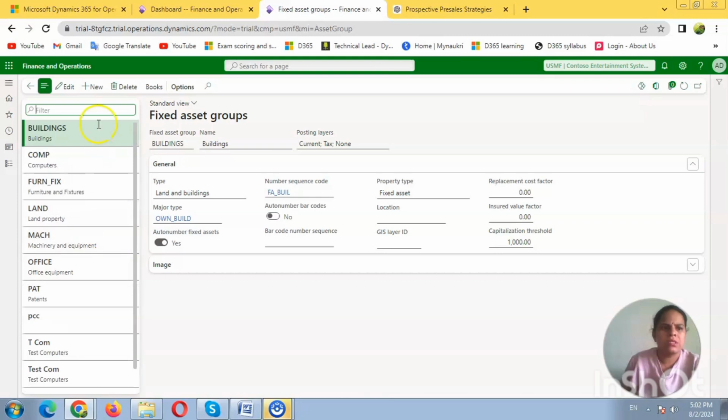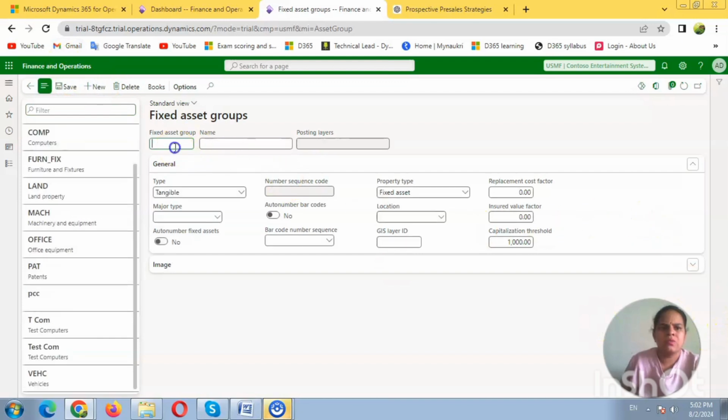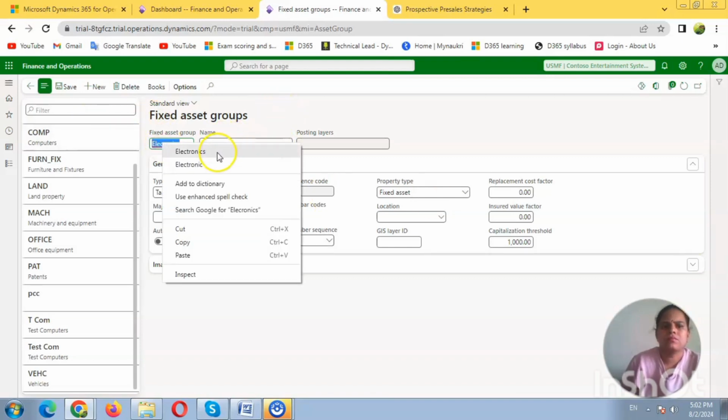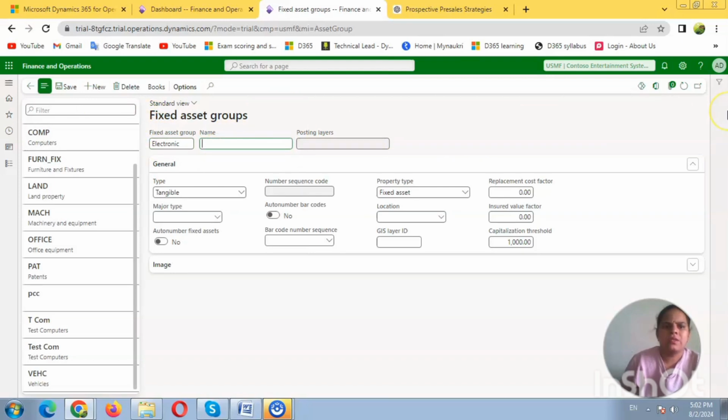Here we can see the groups we are having, but I just want to create a new group for electronic items. Electronics, that is electronics. Okay, then